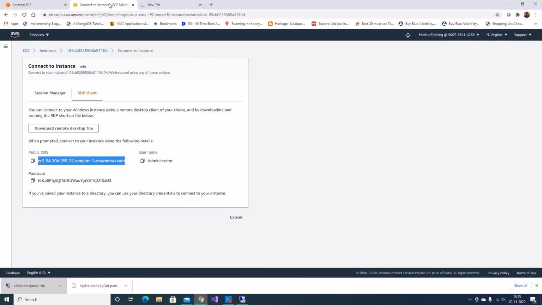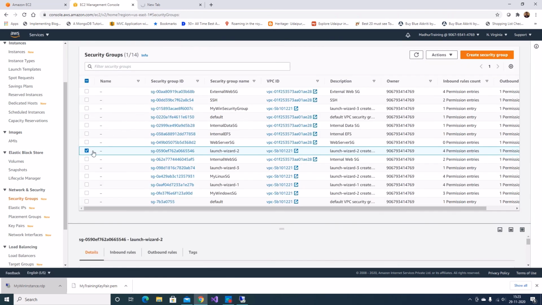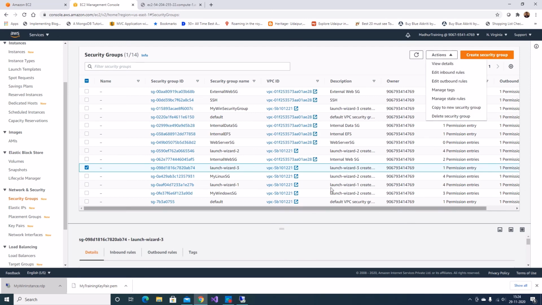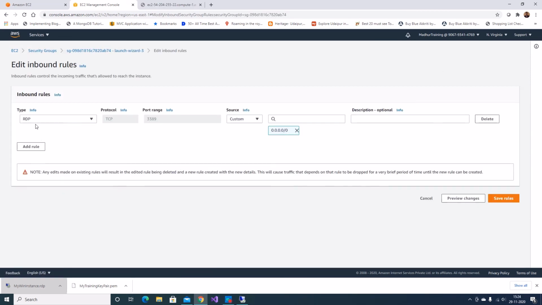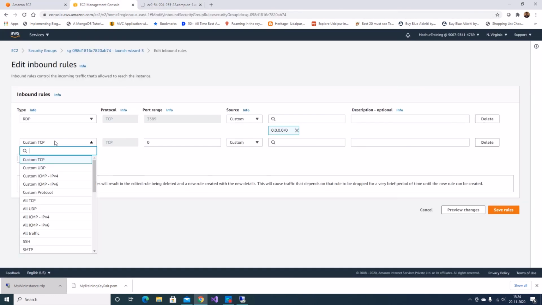So if I go to my instance and go to the security groups, go to launch wizard 3. You see, right now only RDP access is allowed on this server, and we need to enable HTTP access. So just remember, whenever you get some sort of a timeout issue when trying to connect to your instance or anything installed on it, then probably it will always be to do with your security group settings. So just remember, when you get a timeout, just check your security group rules to see whether they are correct or not. So just add a rule